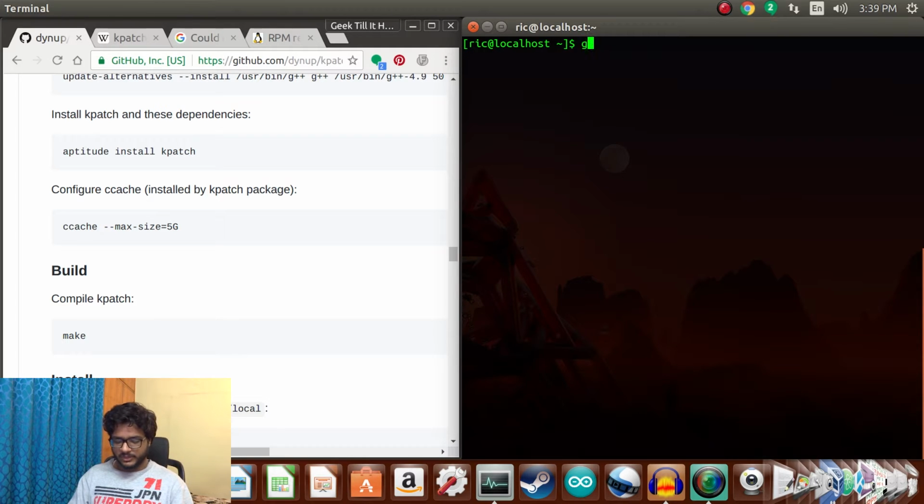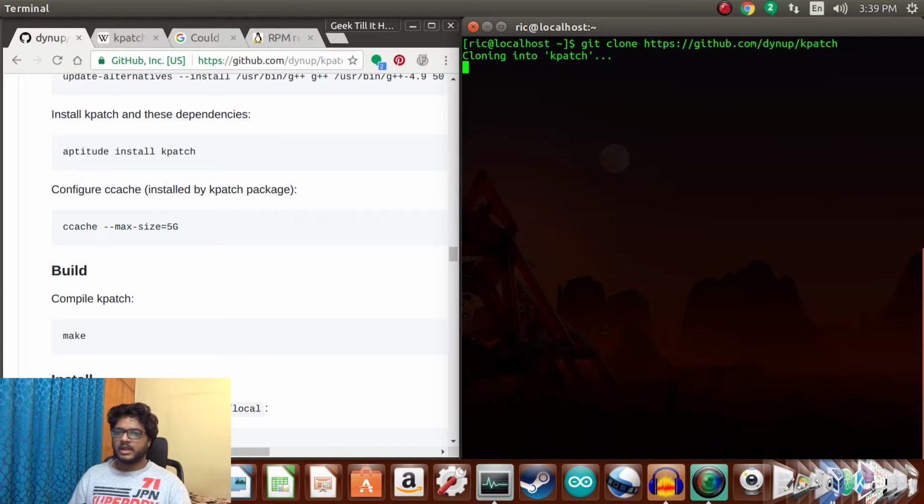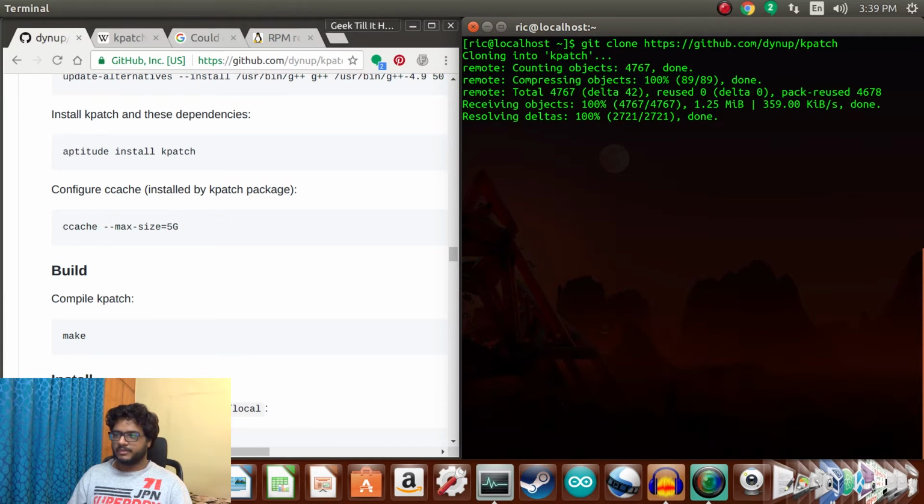So first of all, we do need to clone the source, so that would be git clone and the kPatch URL, and that shouldn't take too much time. It's not that big and it's done. So cd into the kpatch directory,